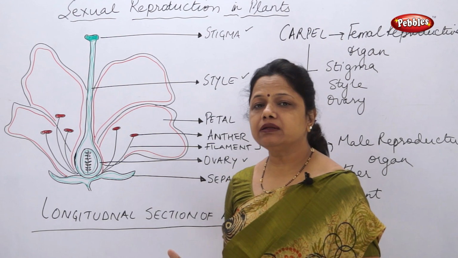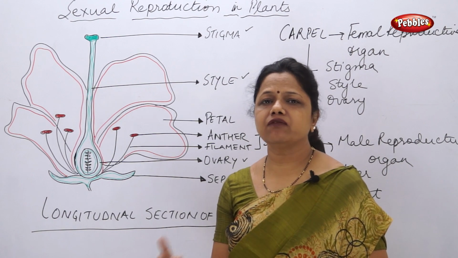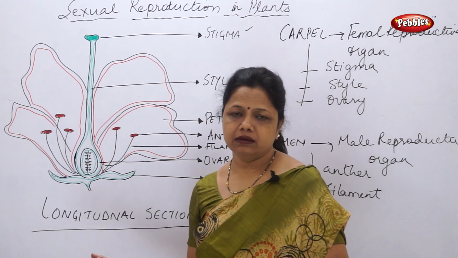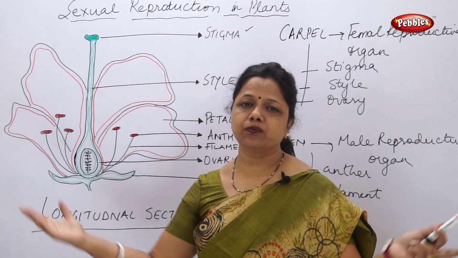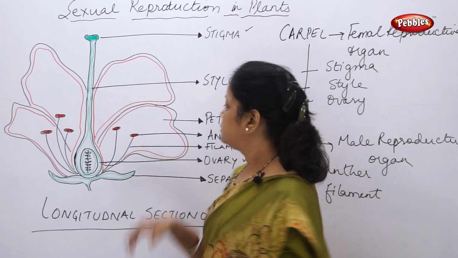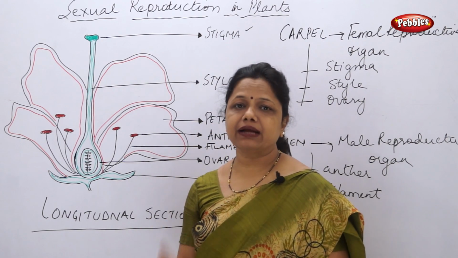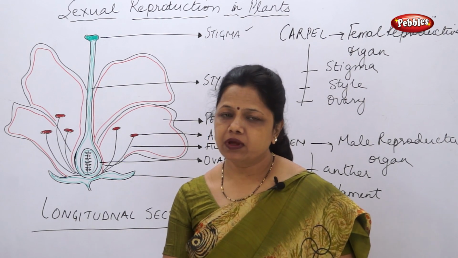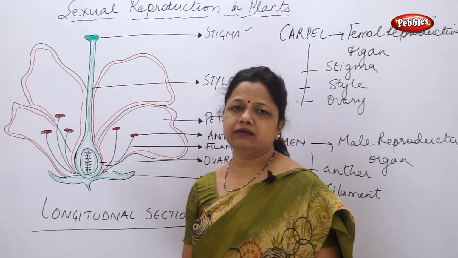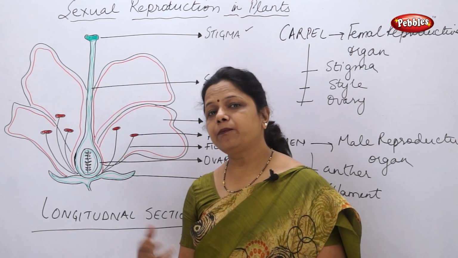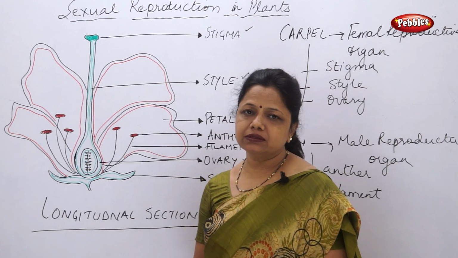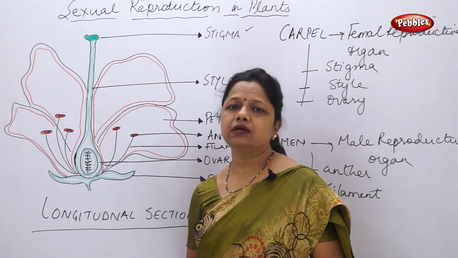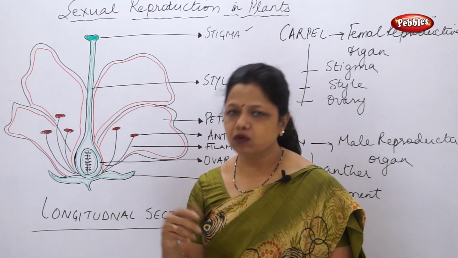The function of petals: all petals in a flower are very beautiful and colored. Now what can be the use of this color and what can be the use of such big huge petals? The petals are mainly attracting the insects toward them. Now why are they getting insects to be attracted? So that the pollination can take place. So the major importance of petals is to attract insects towards it so that the pollination process can go on.